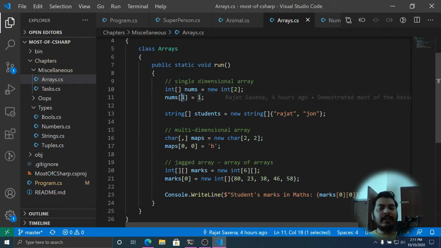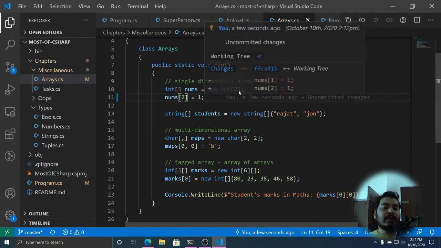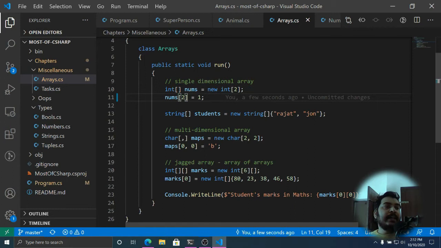So this is the index. Every index in C# starts from 0. So I am assigning this particular value 1 at the index of 1. If I do this, I will probably get an error because I have only created an array that is 2 elements long. It cannot create an element at the index of 2 because that would make it an array of length 3.